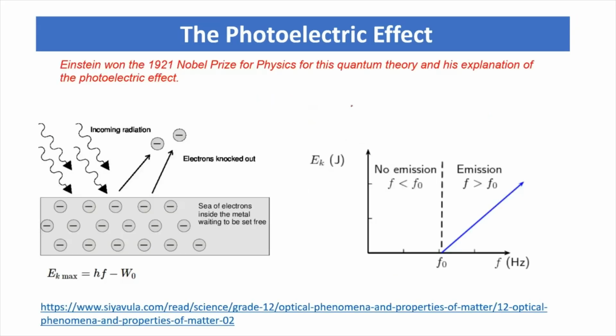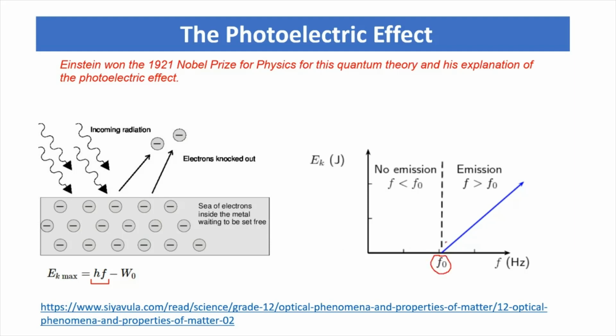Because of this demonstration of the photoelectric effect, Einstein was awarded the Nobel Prize in 1921. It's not because of E equals mc squared; it's because of the photoelectric effect that Einstein won the Nobel Prize. What he did basically was fire photons of energy h nu, that is Planck constant times frequency, and there was no photoelectric emission until you hit the work function.